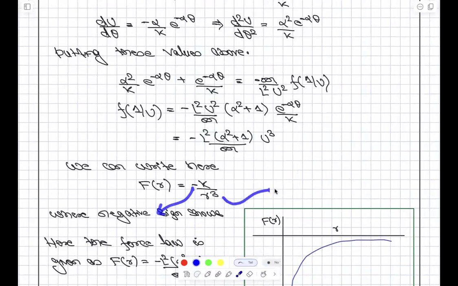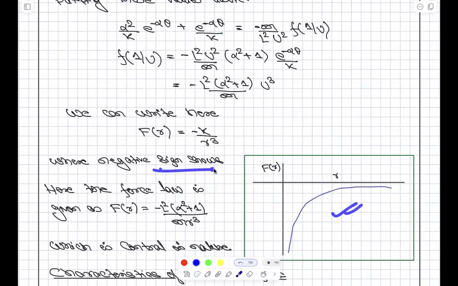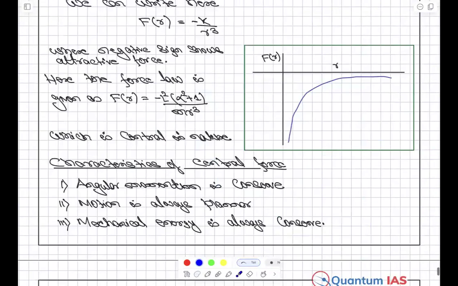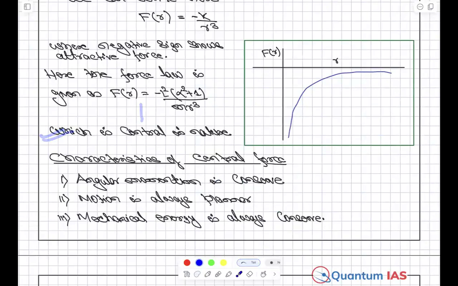So it's changing by r cube, so I have made the graph to show that, and negative I have, where negative sign shows attractive force. So here the force law is given by this, जो पूछा गया था डाल दिया। Now which is central in nature, ये कैसा है central nature है। अब कैरेक्टरिस्टिक ऑफ सेंट्रल फोर्स डाल दिया मैंने।